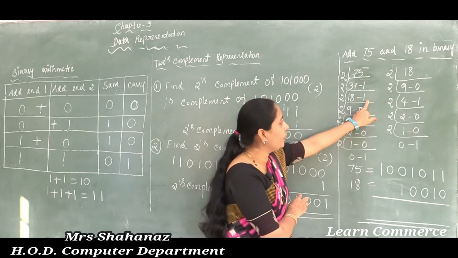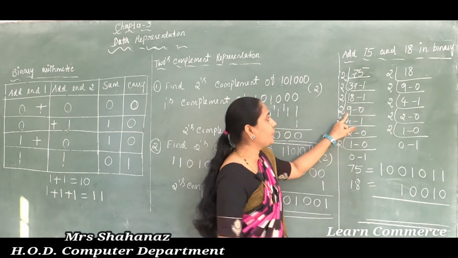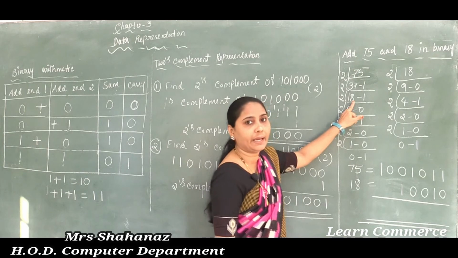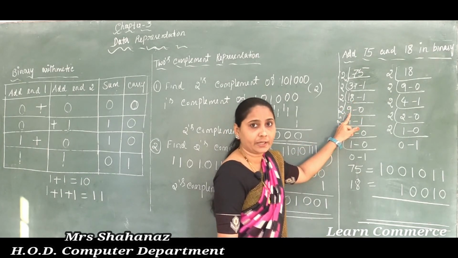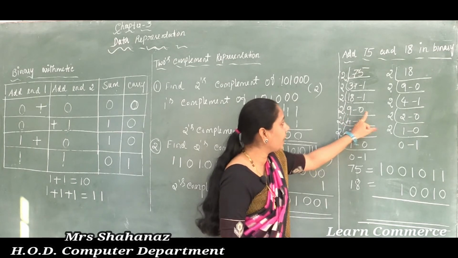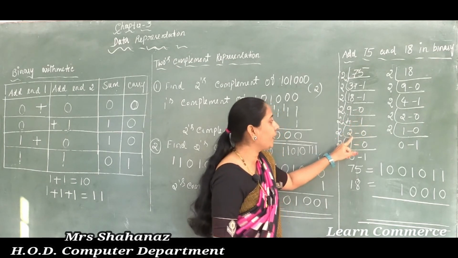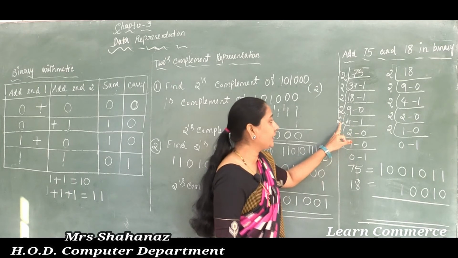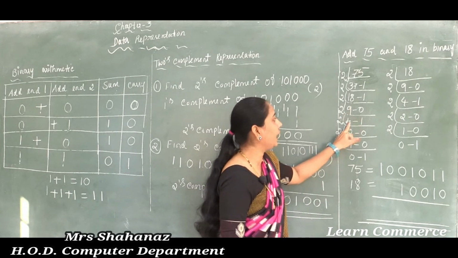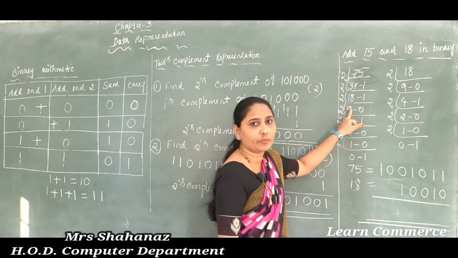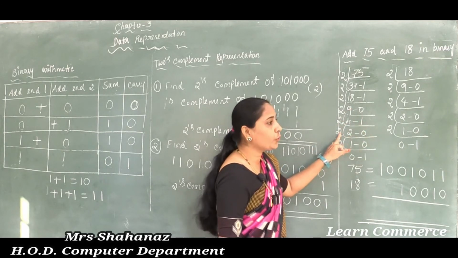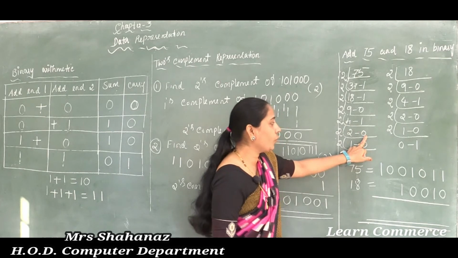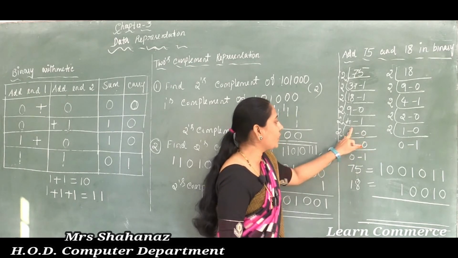So 1 is the remainder, and next when you divide such number 18 by 2, that means 2 9s are 18. Correct? So no remainder here. So like that we need to divide one by one, and later 2 4s are 8. So the quotient value is 9 and 1 is the remainder. Okay. So 2 2s are 4. That means no remainder, and 2 1s are 2.